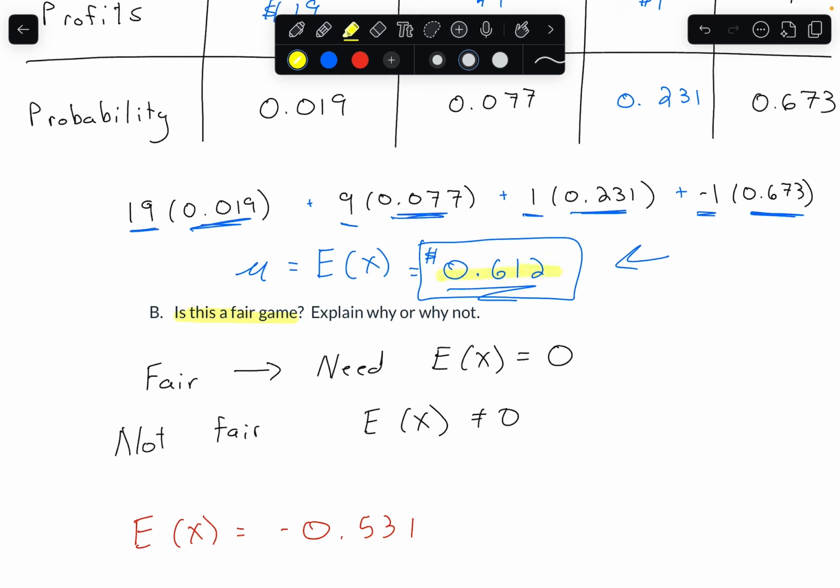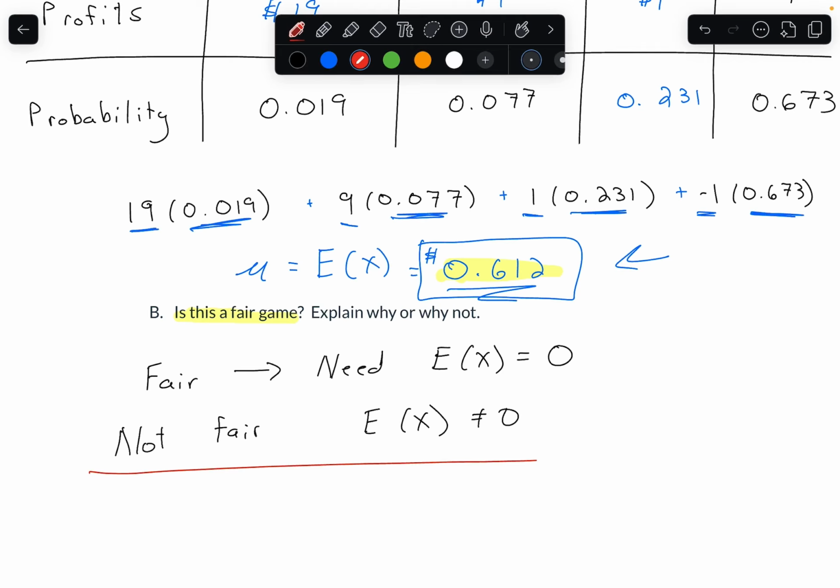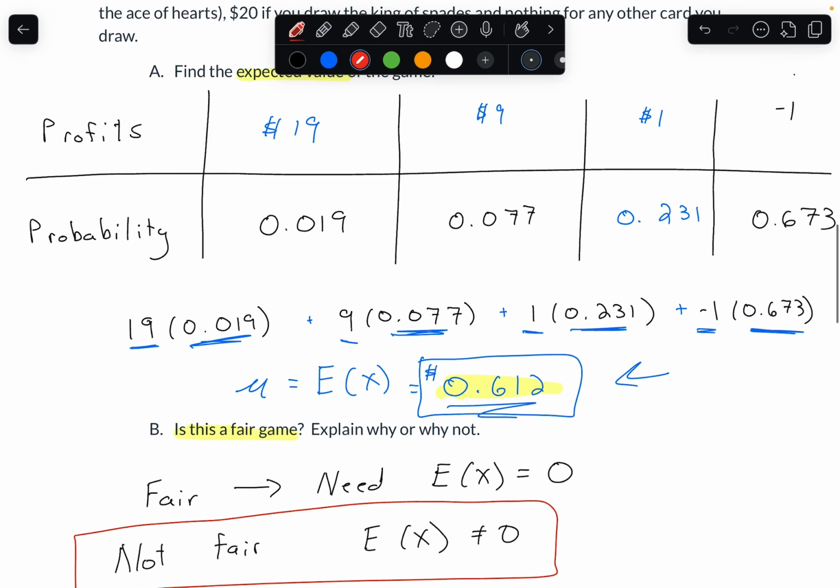So in this case, we had a positive expected value, 0.612, which is not 0. All I'm checking is whether it's exactly 0, yes or no. So in this case, this is not fair because the expected value is not 0, and that's all I'm looking at to make that determination. And what's really cool is if you can create this probability distribution